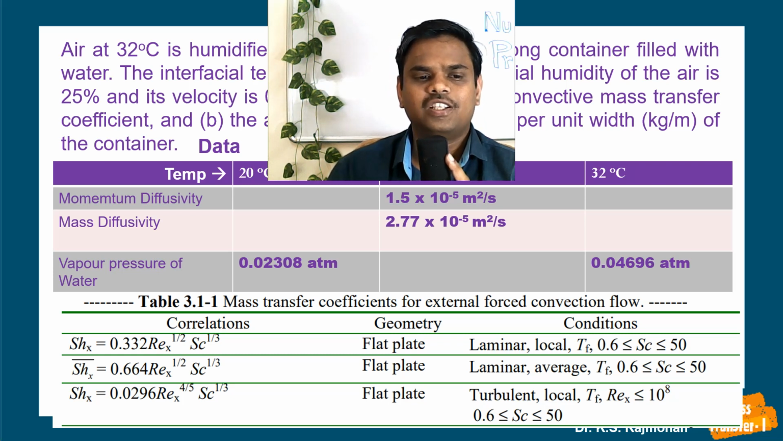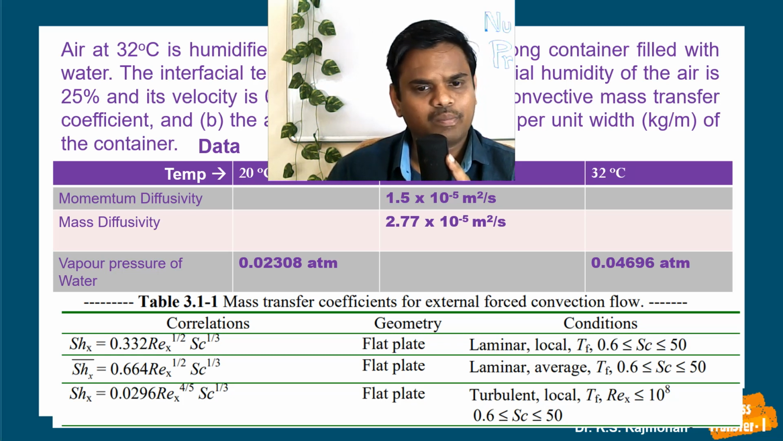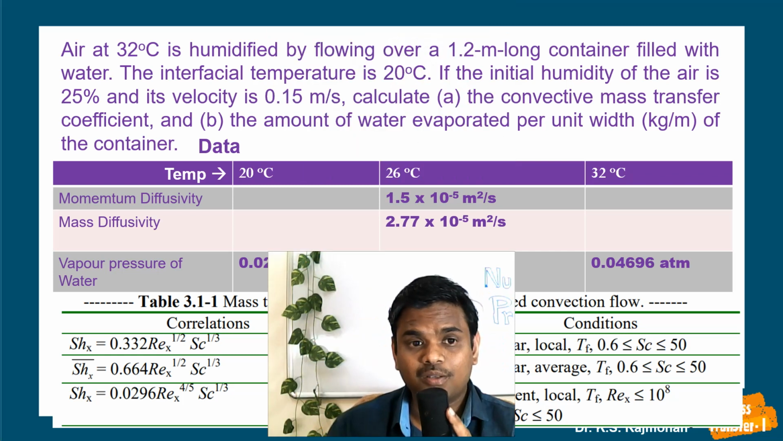So mass diffusivity is also given. We know the mass diffusivity, the molecular diffusivity DAB, is given as 2.77 into 10 power minus 5 meter square per second, and the vapor pressure of the water is given at two temperatures, 20 degrees Celsius and 32 degrees Celsius. And if you look at the mole fraction of the water vapor at either end of the thin stagnant film we are going to consider,